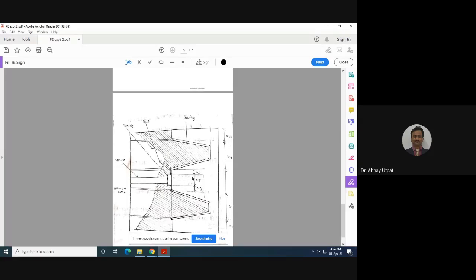That mold after finishing will be sent to the actual manufacturing plant, where these mold plates are directly fixed or attached to the injection molding machine, that is the nozzle, and then working will start. Once you make this mold ready, you can manufacture 10,000, 10 lakh components. So the outcome of this experiment is, at the end of the experiment, students will be able to design the injection mold for a given plastic component. This is the conclusion or outcome. I hope you understand this.